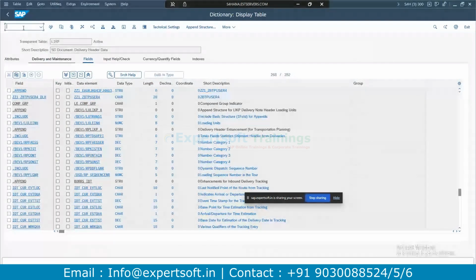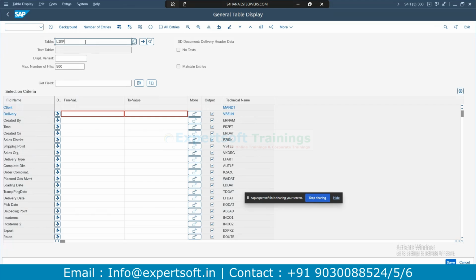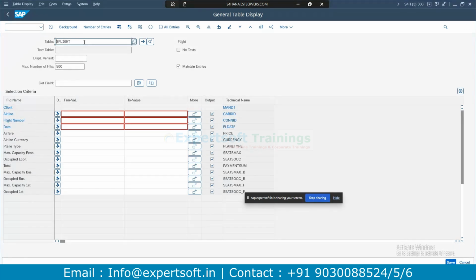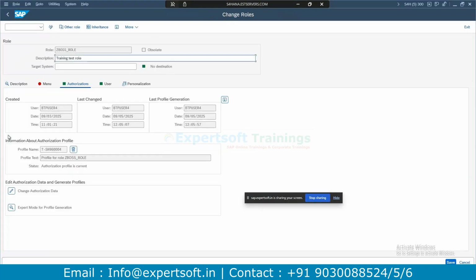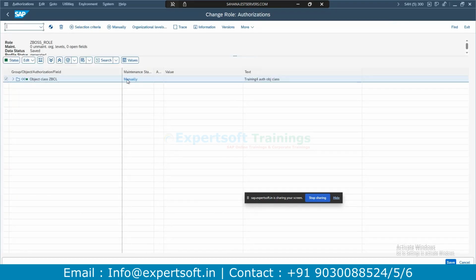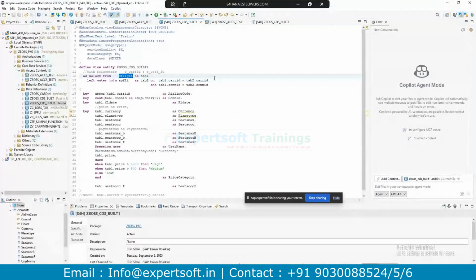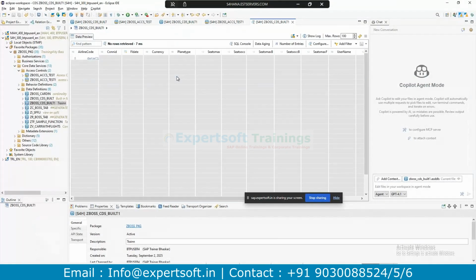Security. Let me check AC. Okay, edit. Currently, I have not given any filter criteria, that's the reason it is showing a blank record, 0 records.